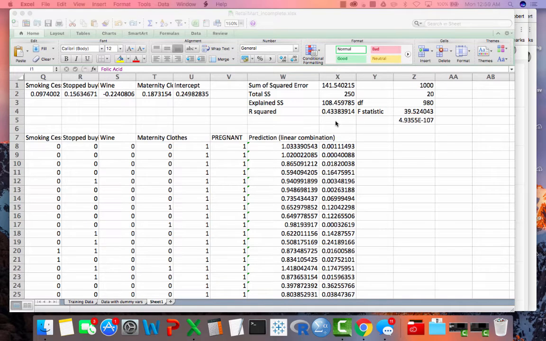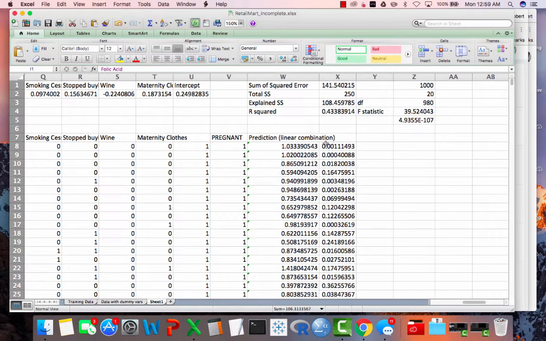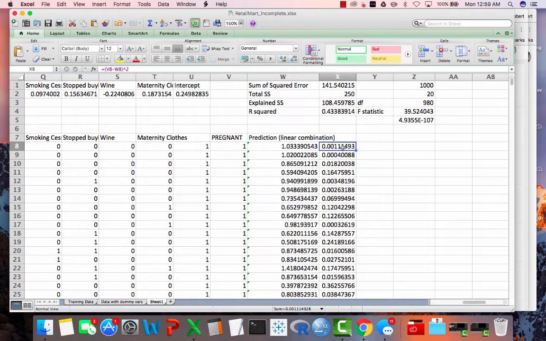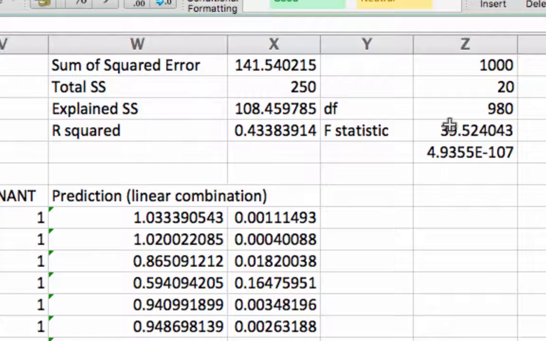All right, so let's get back to predicting whether our customers are pregnant based on their transactional data. A couple of videos ago, we estimated these model coefficients for the independent variables, and we also evaluated how well the model was doing with this F statistic and got its statistical significance, and it showed that our model was statistically significant. We got this R-squared value that, as I told you, sometimes people interpret as meaning we explain 43% of the variation in whether or not someone is pregnant